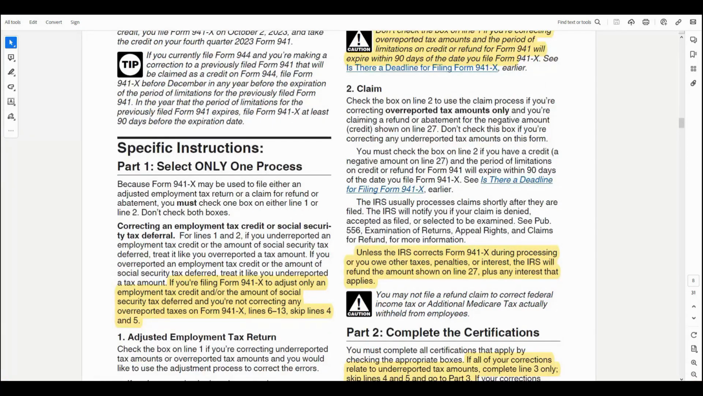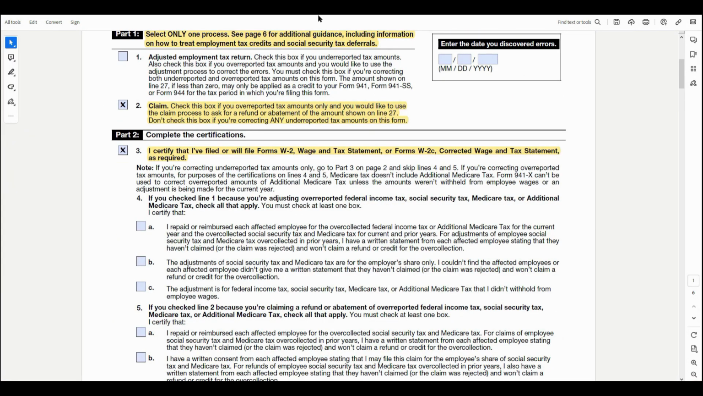So for box 2, we want to determine what should I check. Okay. In our case, we know that we're checking this box if you have an over-reported tax amount only and you would like to use the claim process to ask for a refund or abatement of the amount shown on line 27. Don't check this box if you're correcting any underreported tax amount on this form. So for that, you would use this. So if you find that you made a mistake and you underreported the tax that you actually owed, then you're going to be checking this box unless